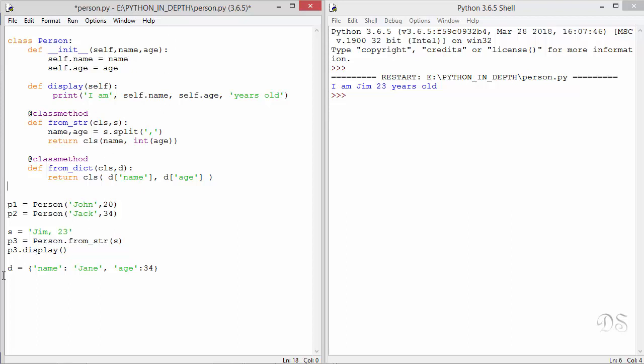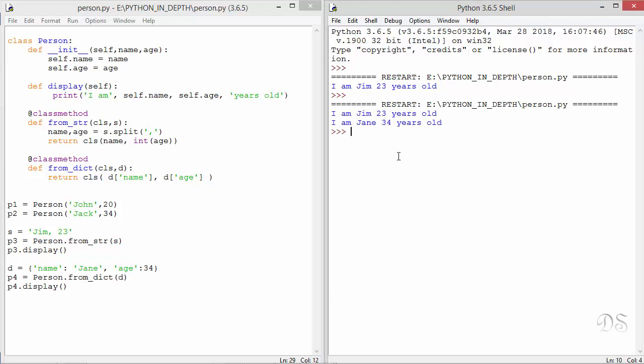Now we'll call this class method here. This dictionary d is sent as the argument. Now we call the display method. Let's run this. So now we were able to create a new Person object from this dictionary.